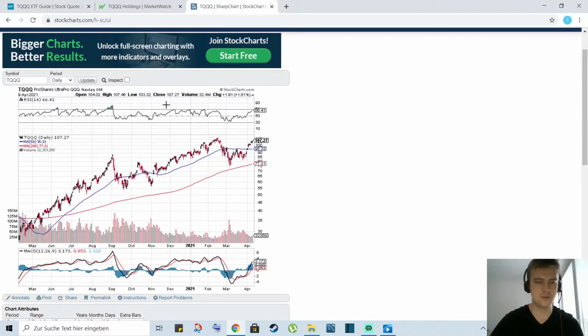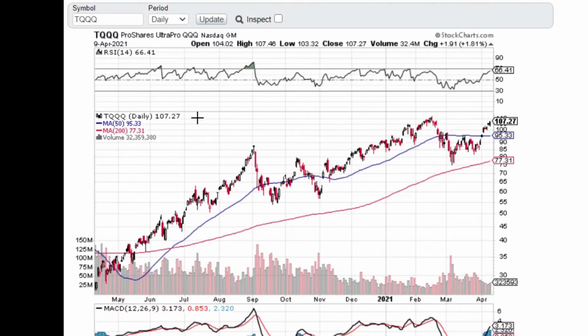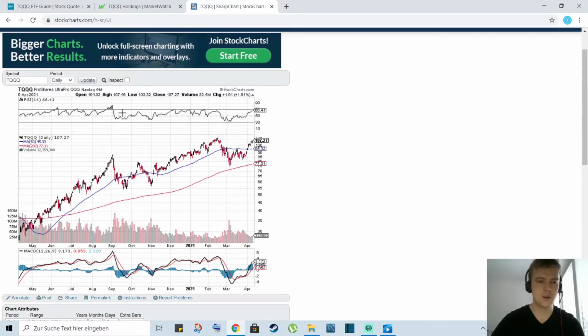So the stock market strategy I use is just based on the RSI. As you know, when RSI hits the 30 level, we know that the stock is oversold, and when it's above 70, we know that it's overbought. So it's always best to buy when the RSI is in the 30s, because you know that it's oversold, and when it's above 70, you know that it's most likely gonna go down. So that's when you should sell,